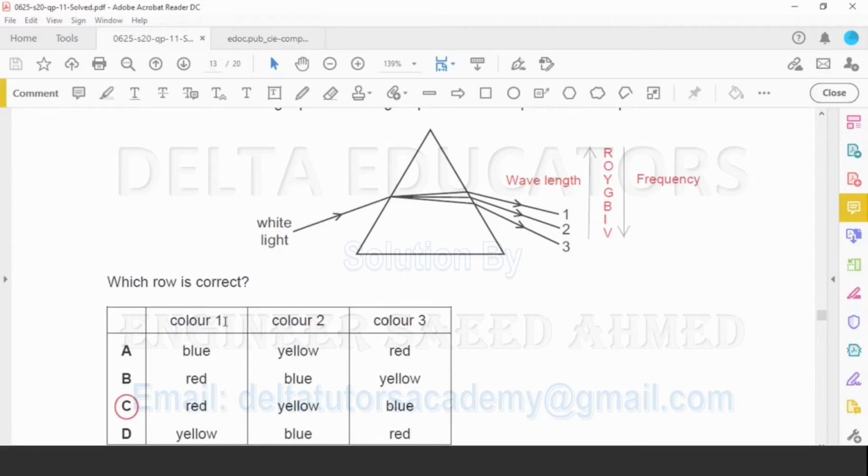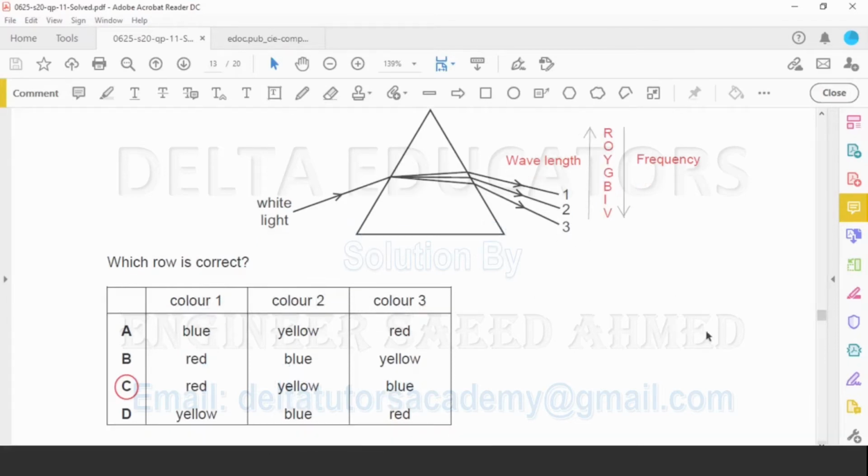Here color 1 is given blue, then yellow, then red in A. In option B, red, blue, yellow, red, yellow, blue. In all the options, we have 3 colors: red, yellow, and blue. So here red will be deflected least. Here number 1 is deflected least. Since here number 1 is deflected least, so definitely it should be red because the frequency of the red is